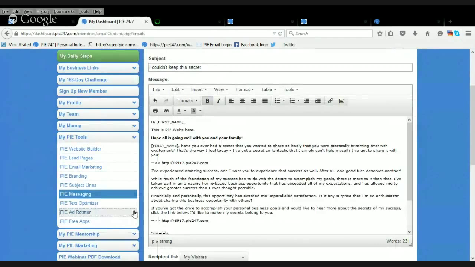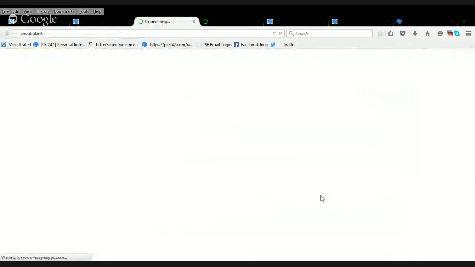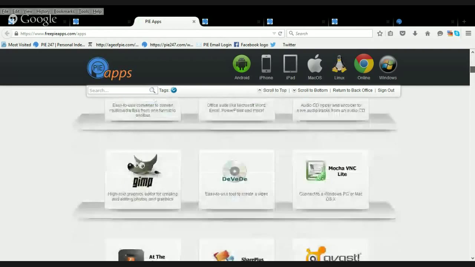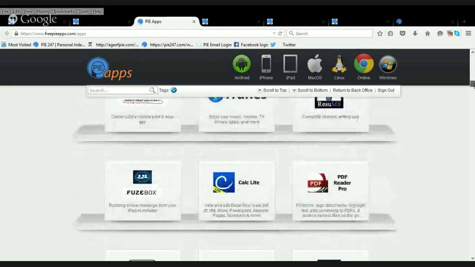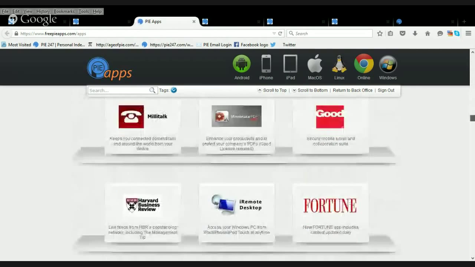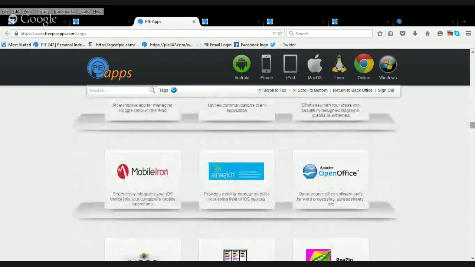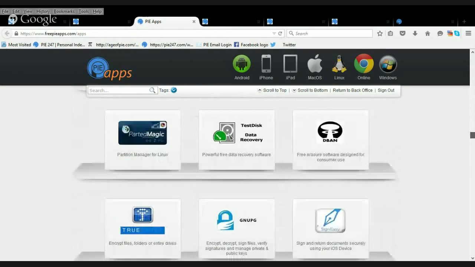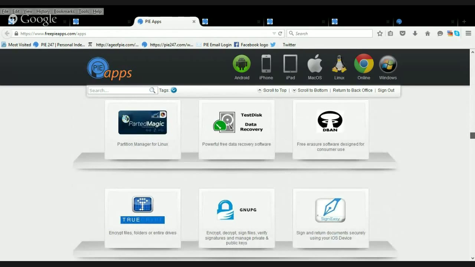All right. So then there's the Pi free apps. Now, as the name says, Pi 24/7 did not pay for these apps at all. They're free for everyone. But how would you know which apps you really need for your business? So we have a research team that goes out on a bi-weekly basis, and they look for the hottest and most valuable free apps that can be used for your business, yourself,